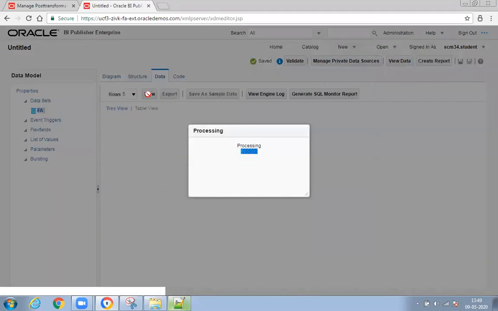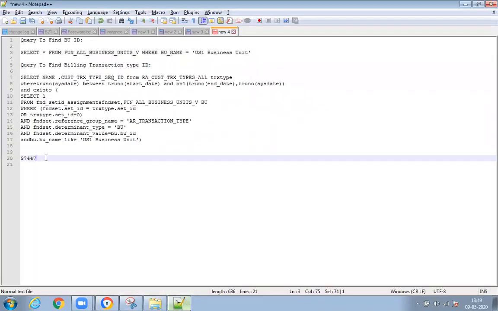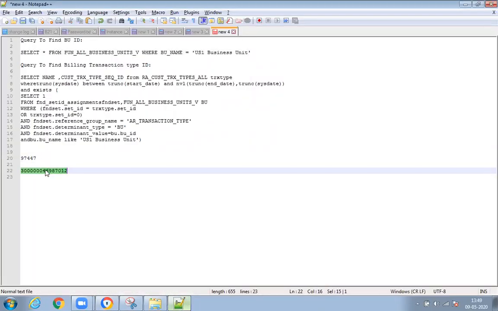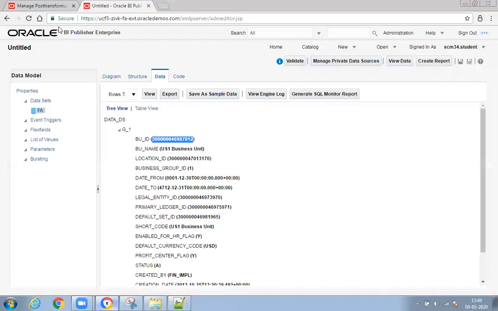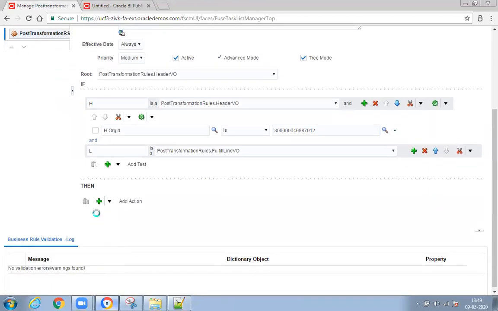Data. So this is the ID. Let's take an ID. So if my org is US1 business unit, then what are you doing?